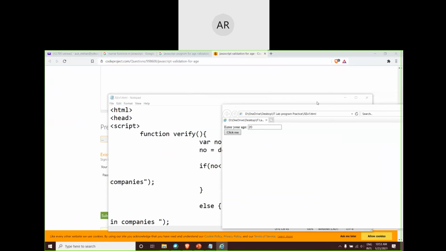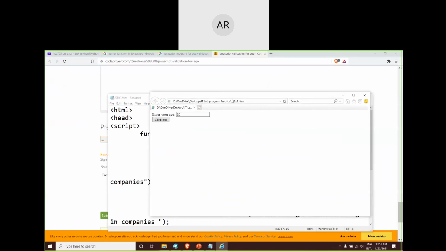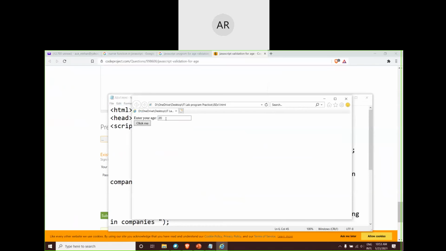When the age is given less than 16, less than 18, it is giving me: not eligible to work in the company. Can you see this alert message with a yellow exclamation marking, and it has an OK button by default?